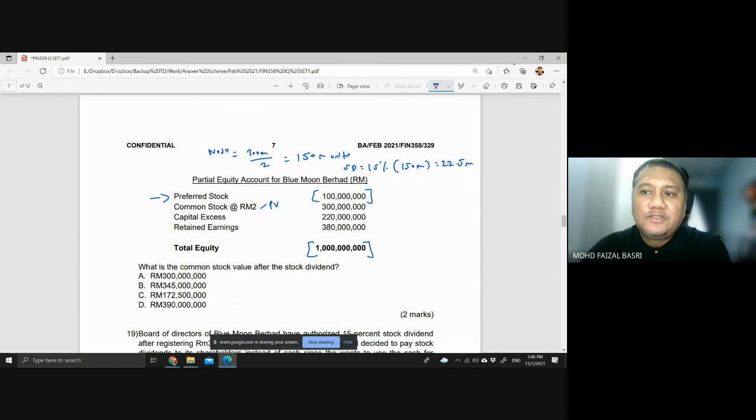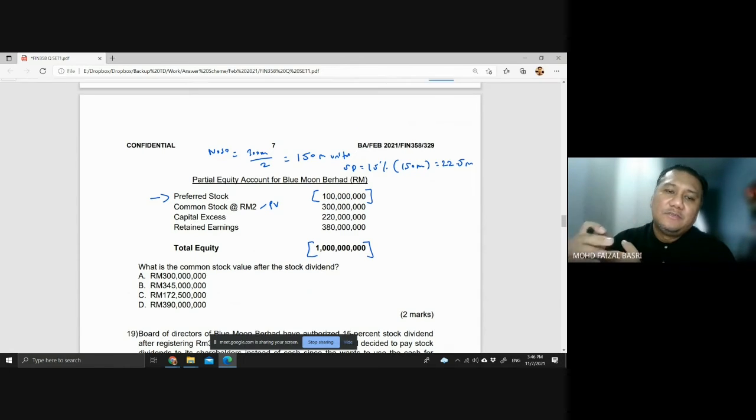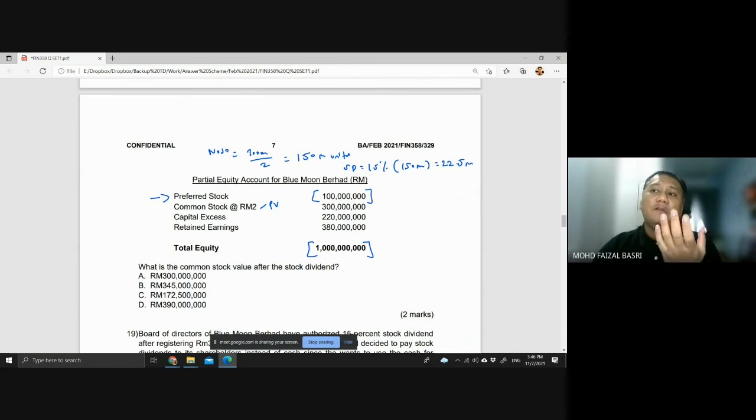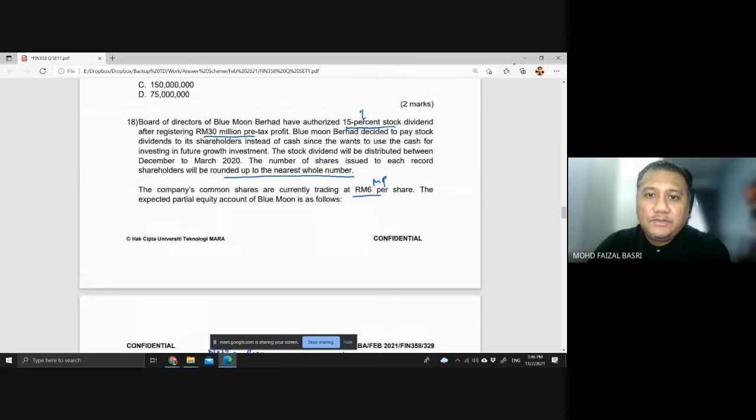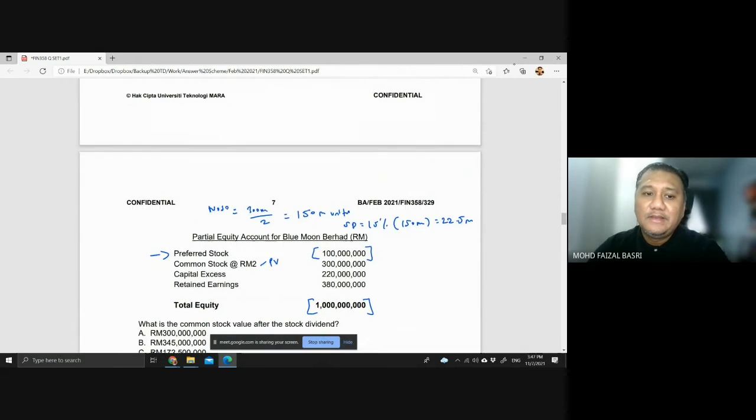Right? Kalau stock rights tadi hanya 2. Kita ada dekat common stocks dengan premium ataupun capital access. Tapi untuk ni kita akan effect dekat retain earning sebab retain earning ni kita bawa keluar duit. Kalau stock rights tadi, duit tu datang daripada luar sebab kita jual additional shares kepada existing shareholders. But here, we don't take money from outside. The money comes from retain earning. Okay, so there are 3 prices yang you kena tahu. Sebenarnya 2 je lah, which is the market price and satu lagi is the par value. And untuk the capital access is the difference between current market price dengan par value.